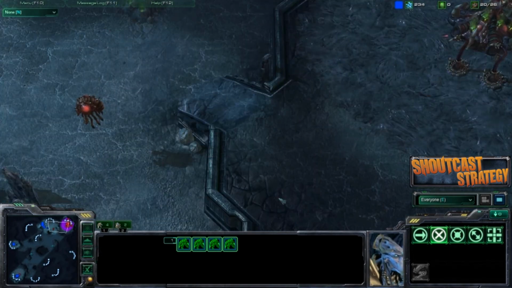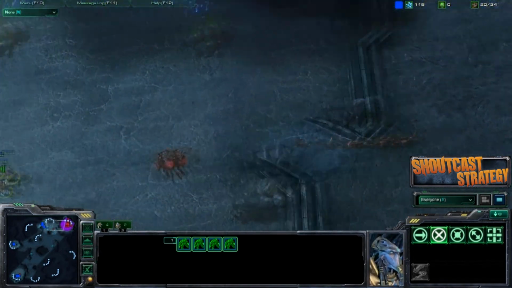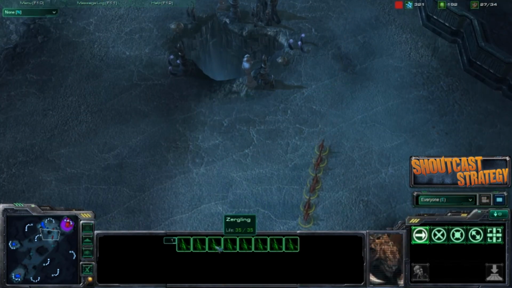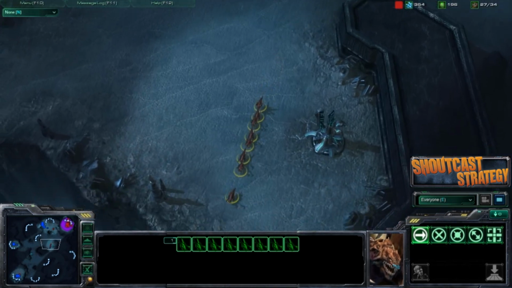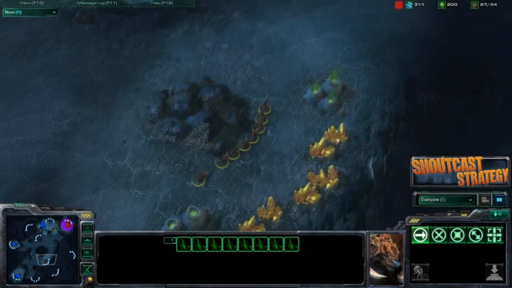So he didn't even keep up with the two-gate pressure, but I did show how to defend against it. And the one thing to always remember when they're proxy gating you and you hold it off and they have their units sitting there, their units are sitting there. So here go my Zerglings into his base. We'll follow them, and they're going to wreak a little tiny bit of havoc,